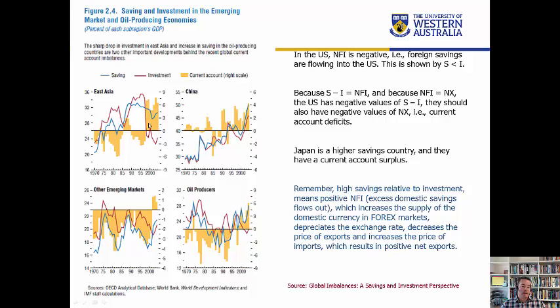In East Asia, after the East Asian financial crisis in 1997-98, investment really dropped sharply, and from the early 2000s onwards, East Asia was also in a situation where domestic savings were greater than domestic investment. They were sending the difference, the excess savings, to America as well. And we have the oil producers here. Since around about 2000, the oil producers have had savings which are greater than investment. They've been sending that money to the United States as well.